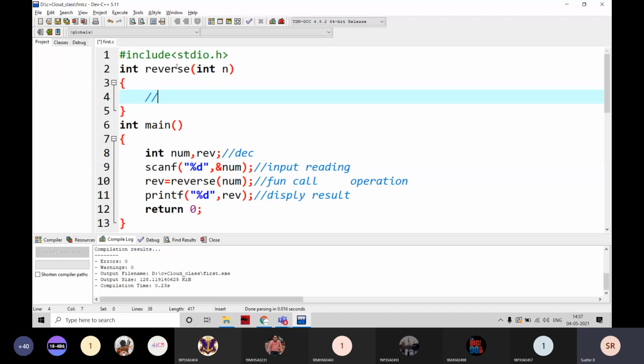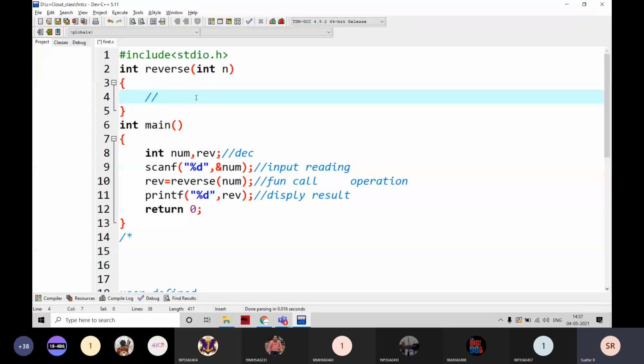If you observe in the CoCubes exam, they write like this: write your logic here. Do you observe this or not in CoCubes? Yes, sir. The questions are always like this, using functions.